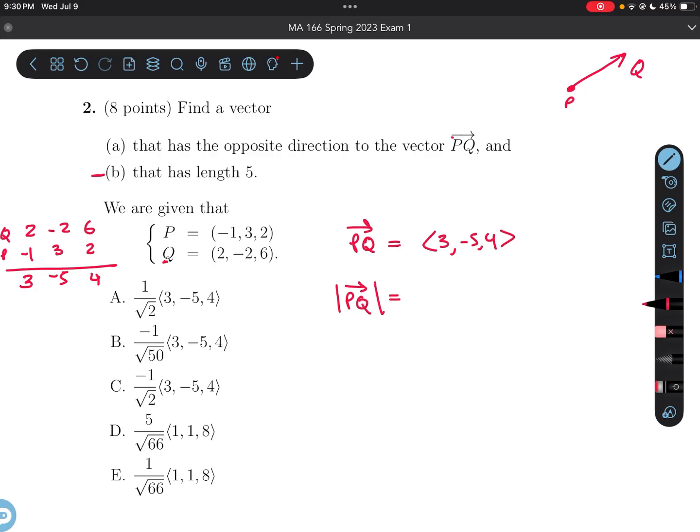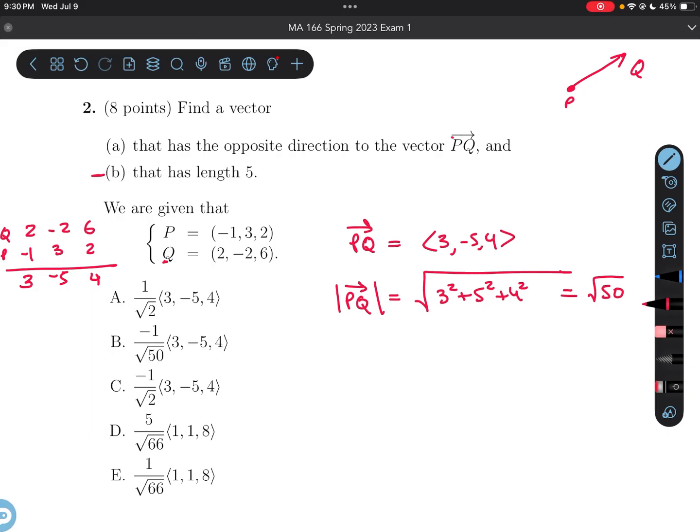Okay, and the way you find the magnitude of the vector is you take the square root of the sum of the squares of each coordinate. So in this case, the square root of 3 squared plus 5 squared plus 4 squared. And that is equal to the square root of 50. So that means that the length of PQ is the square root of 50,